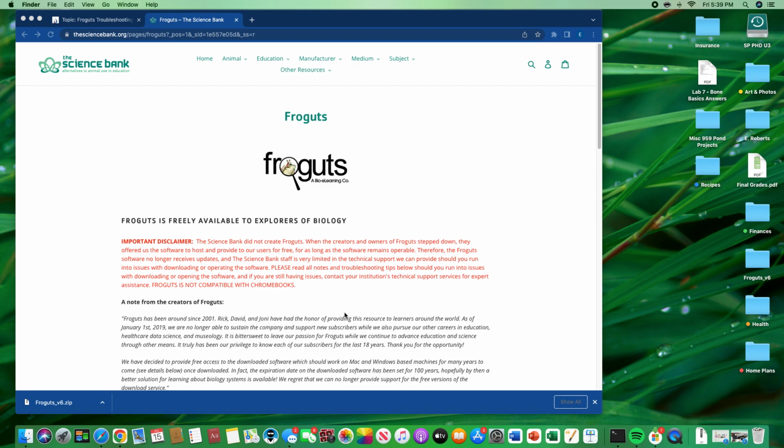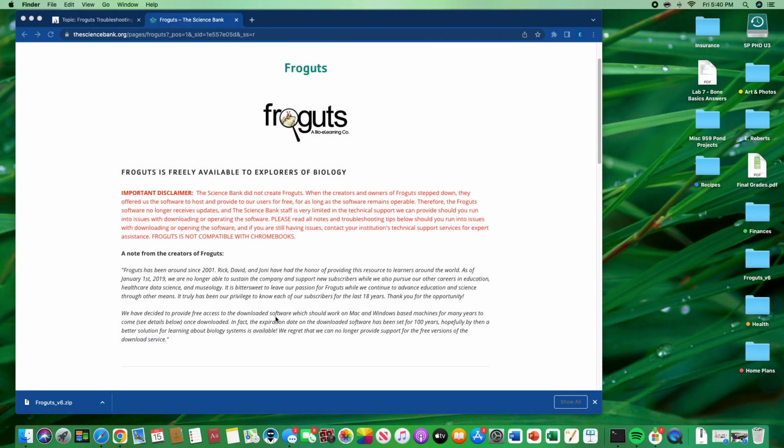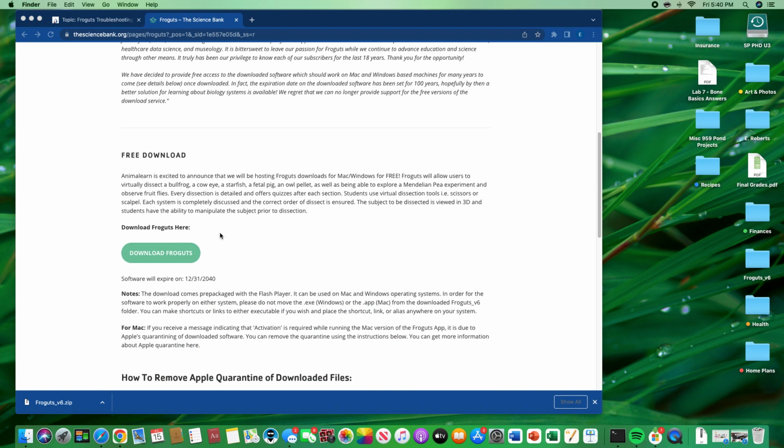Installing the Froguts virtual dissection program on a Mac is fairly easy, but you have to make sure that you're following each step in order. If you skip one of the steps or don't follow the instructions exactly as they're written, the program will not work. So the first thing that you need to do is from the Science Bank webpage, scroll down and click